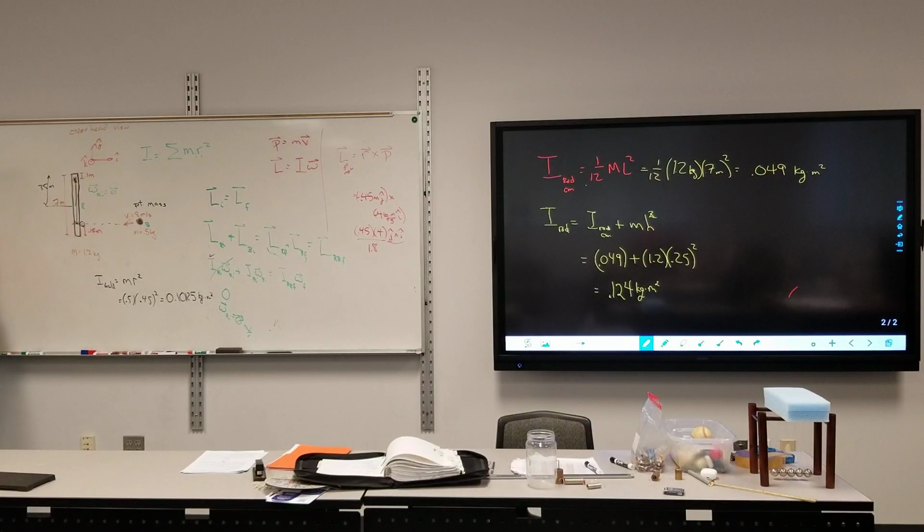What is J hat cross I hat? Assuming a right-handed coordinate system. It is not K hat. It is perpendicular, so